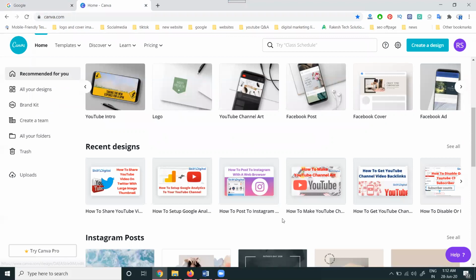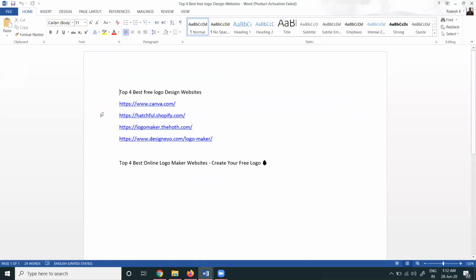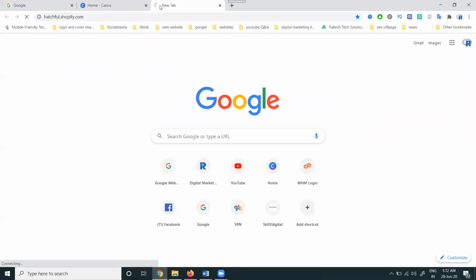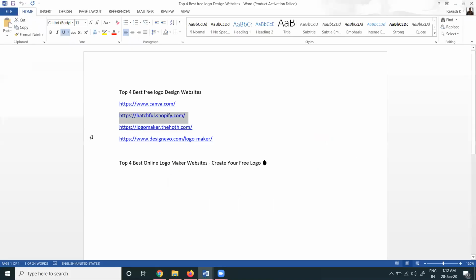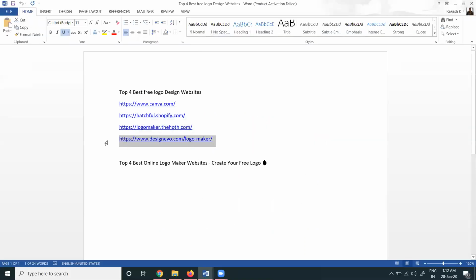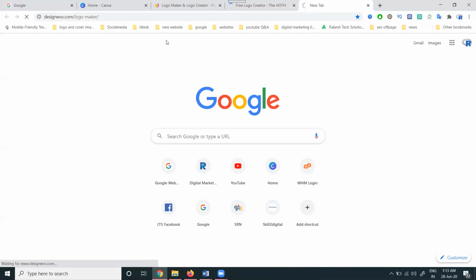Coming to the other three websites, I'll open them. The second one will be Hatchful, hatchful.shopify.com, then logomaker.thehost.com. All these websites give free logos, and each one has different formats.